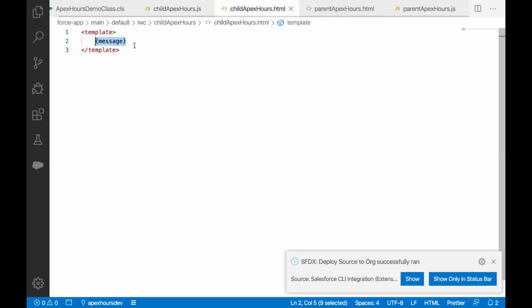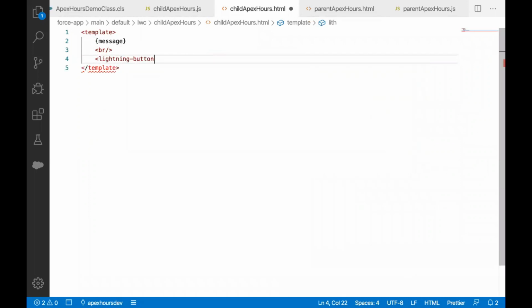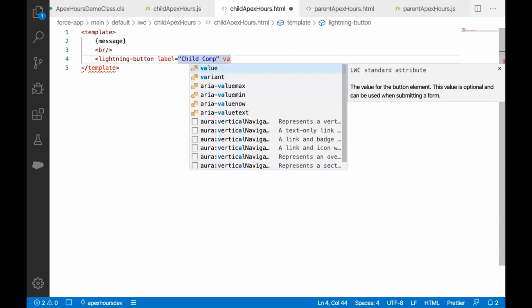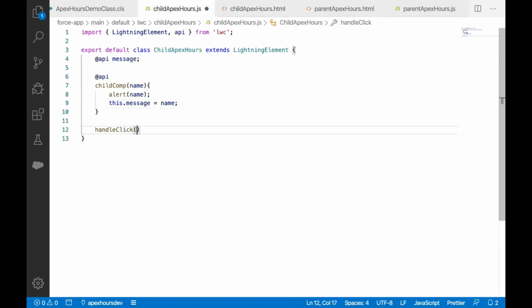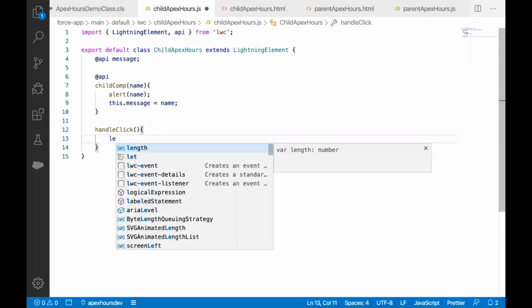Let's quickly put a button here inside the child component. We are going to just put a button here, and we will say child component. On click, we are going to say handle click. We have a method here inside our child component. On the click of this button, we are going to dispatch an event, and that event is going to be handled by our parent component. So let's quickly create a method here, and to dispatch the event, what we have is,